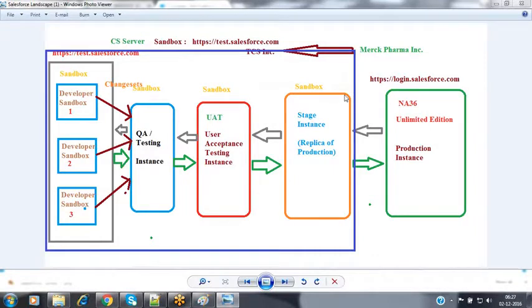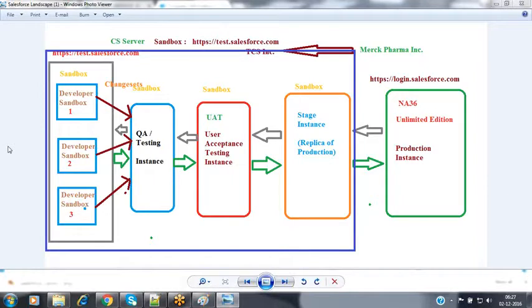But in order to interact from the version controlling to the Salesforce instance, suppose, for example, we are developer 1, you are developer 2, and Sridhar is developer 3. All 3 of us are using 3 different sandboxes. Now we have done our application development and moved that code to the version controlling. Once you have moved that code into the version controlling, from there we have to move it to the other instances, to QA or to production, to UAT or whatever. From that version controlling, we can move that code to any other instances available in Salesforce also.